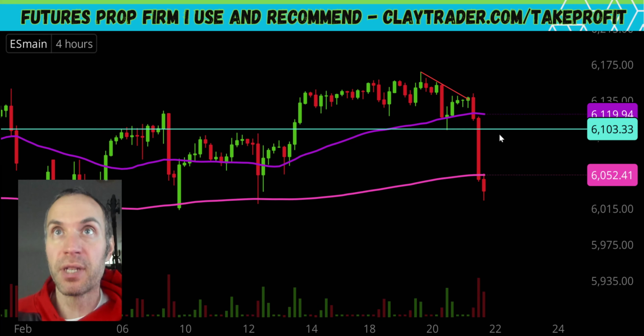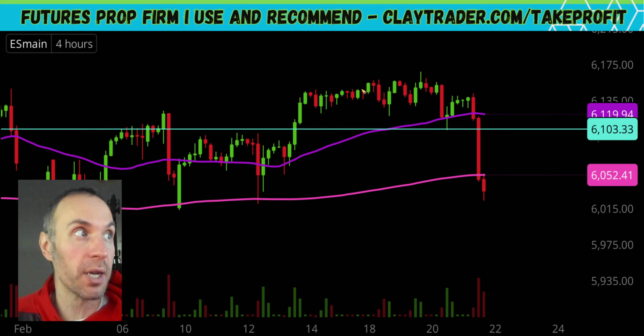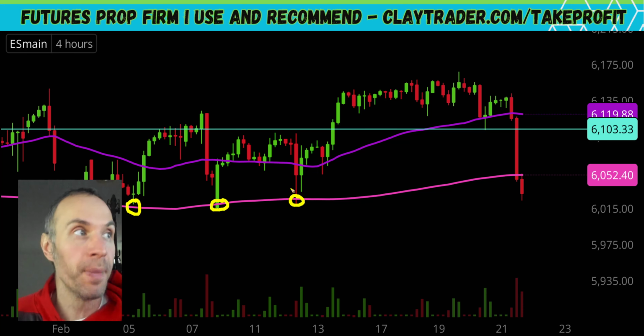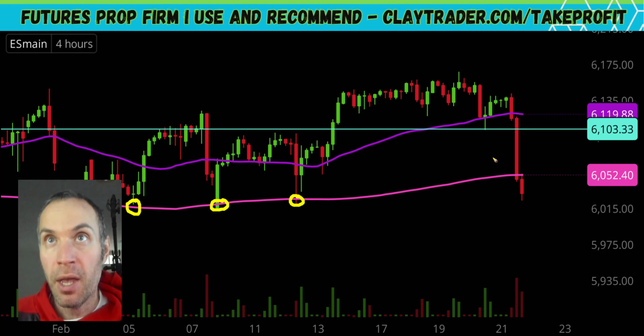Now, the big difference here, I'm just going to get rid of that level, was think about the NQ. The NQ was actually able to maintain its pink line here, the 200 period moving average. But on the ES, it has failed, which is worrisome because going back through the history of things, you can see this pink line has been a very, very helpful level for the bulls. Multiple times the price has been down around that level, and it has held strong,